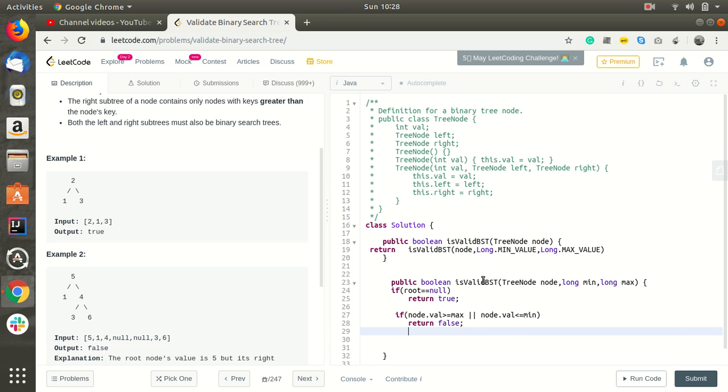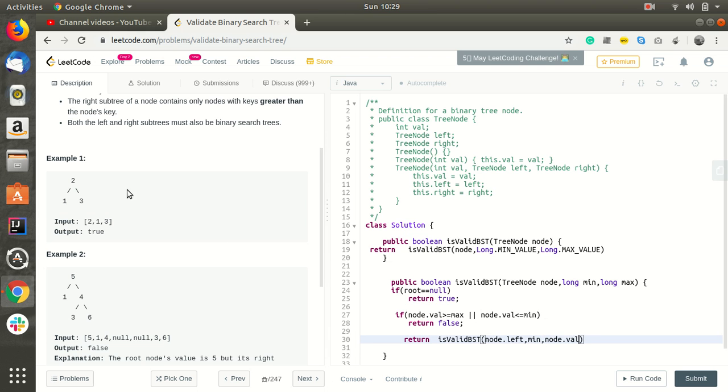Again, we'll call this BST, return valid BST on node dot left. For node dot left, what will be the max value for this? The min will be the same and max will now be node dot val.